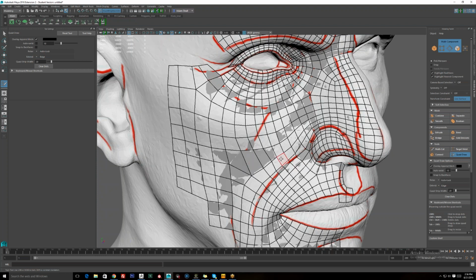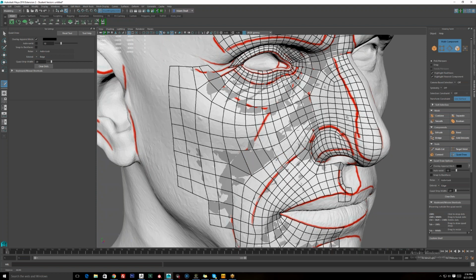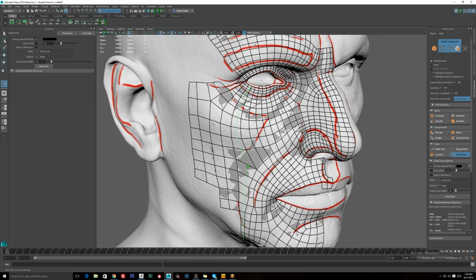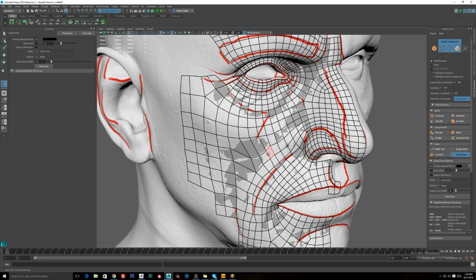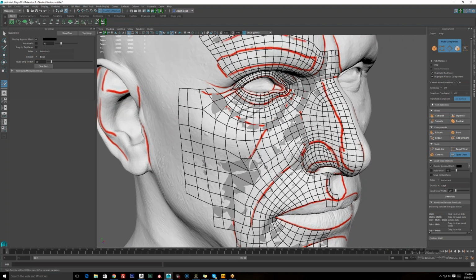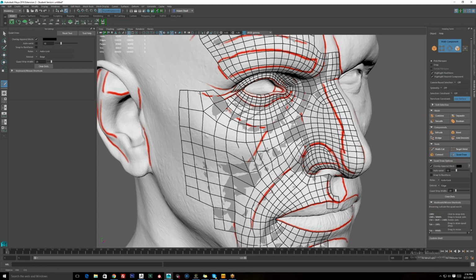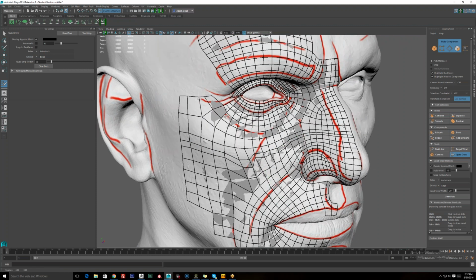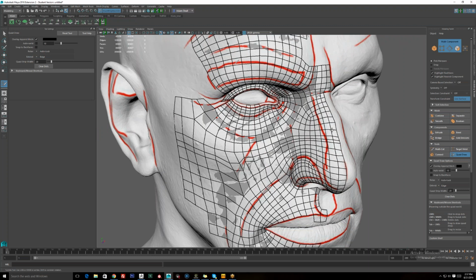Bring this one out here, a bit closer. Put another loop there, another loop there. Let's bring this one down a bit. End up with another loop across the face right there. And bring some of these up a bit on the bridge of the nose. Obviously, I'll have to go in and align that nose loop up there a bit better. But